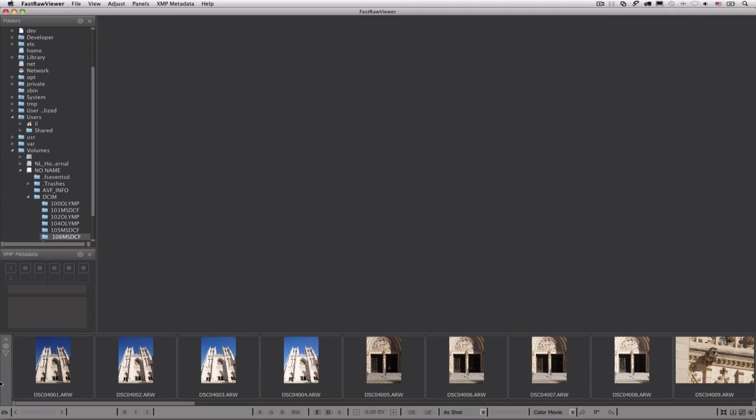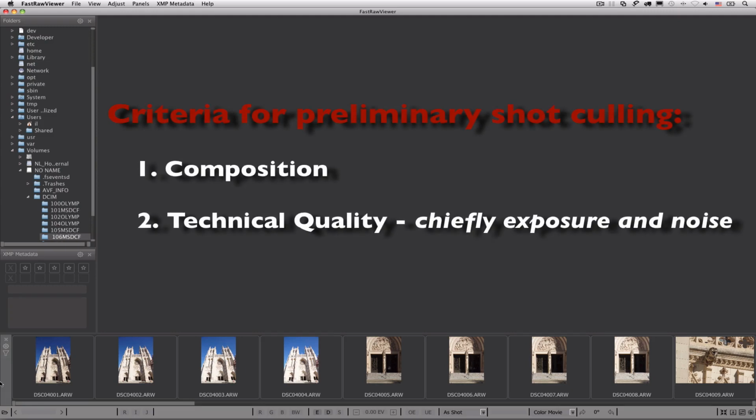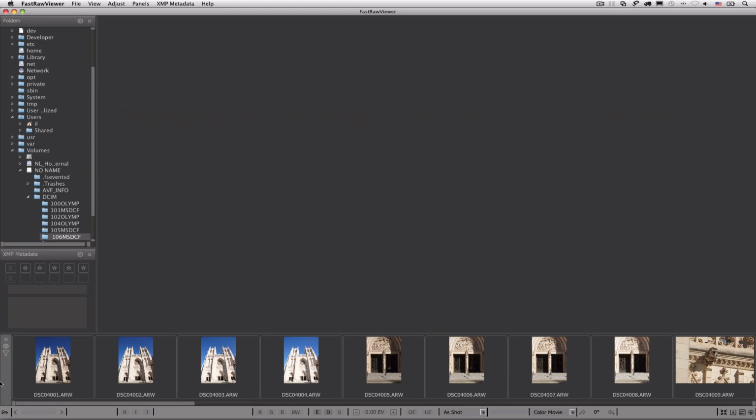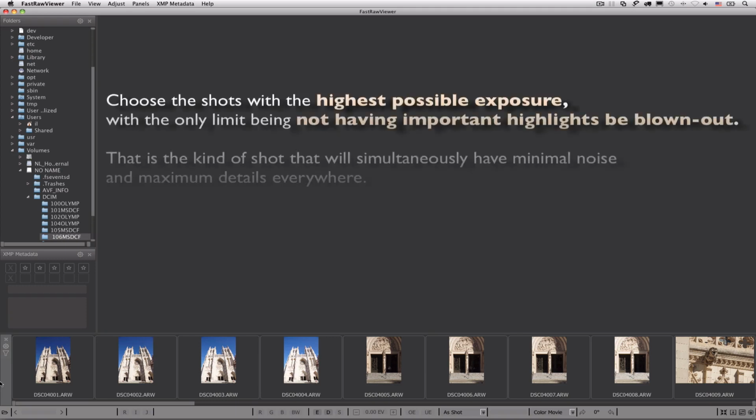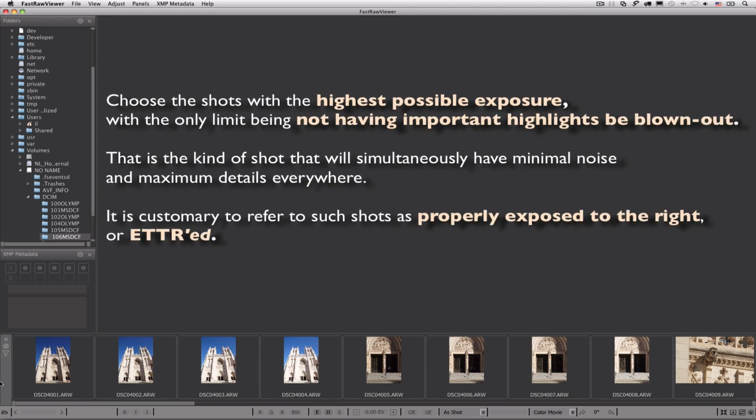This means that we're choosing shots suitable for further work in a RAW converter. Our criteria are the shot's composition and the technical quality of the shot, chiefly its exposure, and as such, noise. It's necessary to remember that the higher the exposure, the lower the noise level. Therefore, if we have a series of shots taken with bracketing, we're going to try and choose the shots with